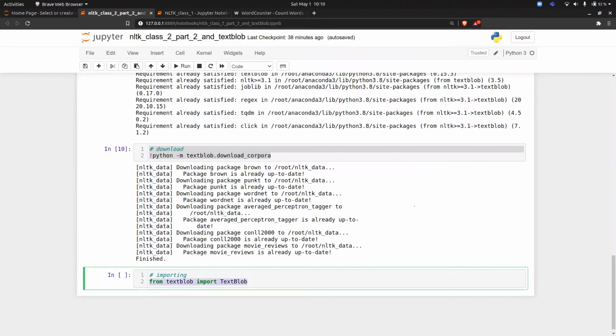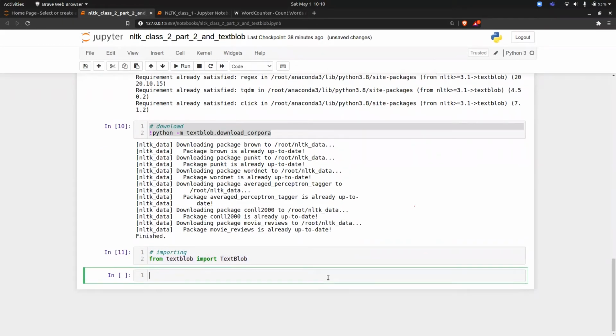This is what they have done behind the scenes, so you have to call it like that only.